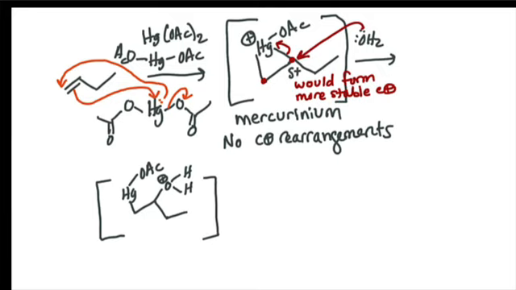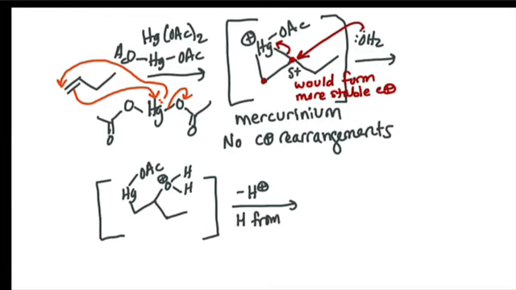So all of that is what the intermediate looks like here, and in the last step, we lose a proton from the OH2 group to form the alcohol, but we also lose the mercury,